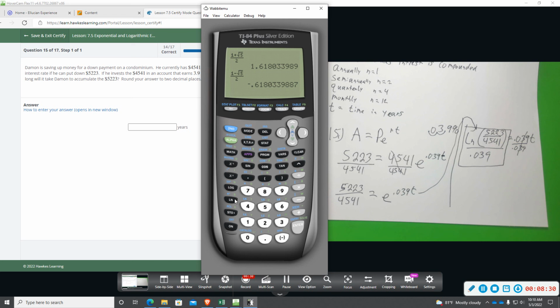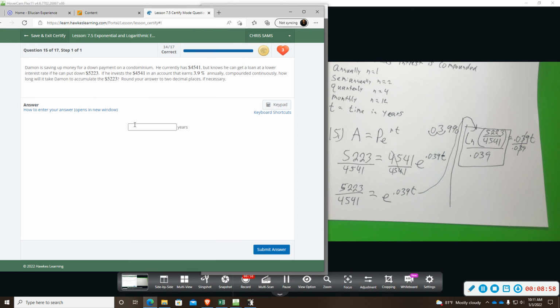So I'm going to do natural log of 5,223 divided by 4,541, close parentheses, so that ends the log, then divided by 0.039. And that gives us 3.59 years, 3.59. And so we'll just say 3.59